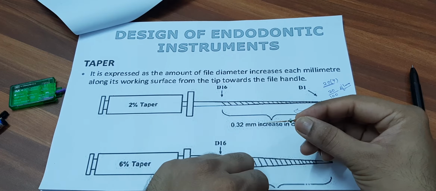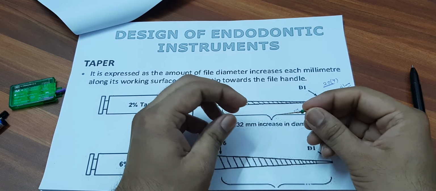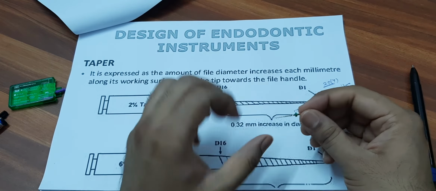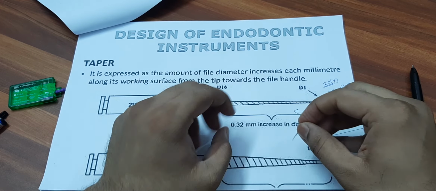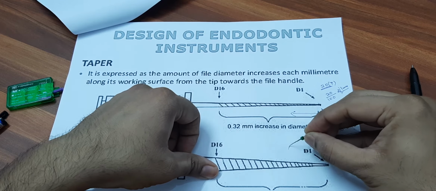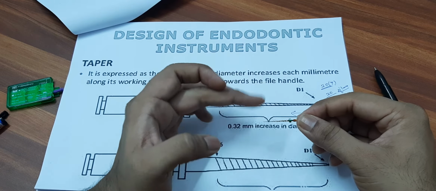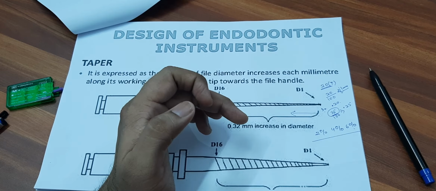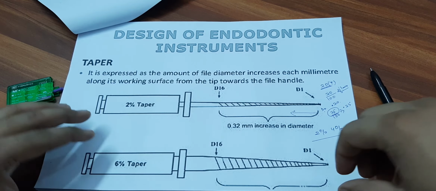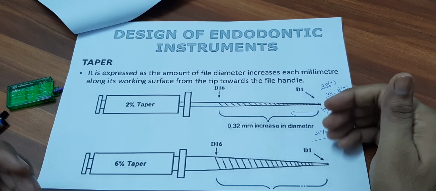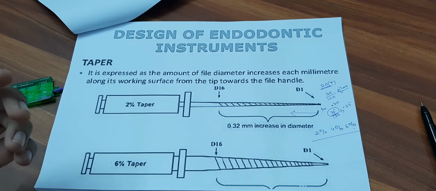See, this is a new age 2 file system or 2 shape. So you can see flexibility is there, but shape memory is not there. That means the shape doesn't stay. See this, the flexibility is huge, but it doesn't stay in that shape at all. All file systems have a different color, and this is a fixed taper system. We have to be sure, and we have to have a very clear authority in our heads about what kind of system I am using nowadays.